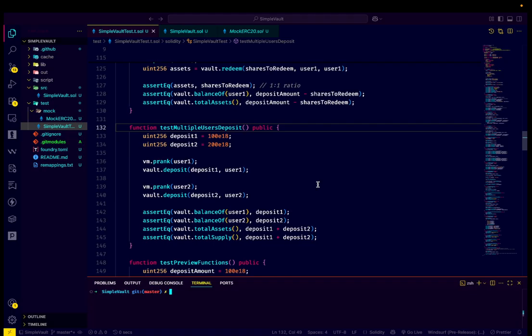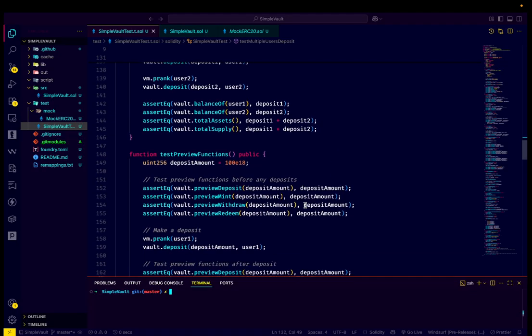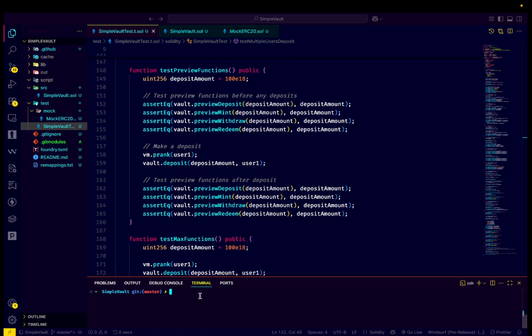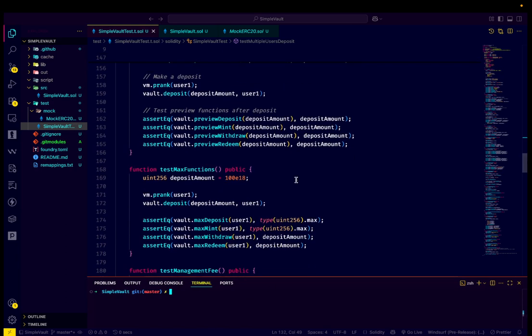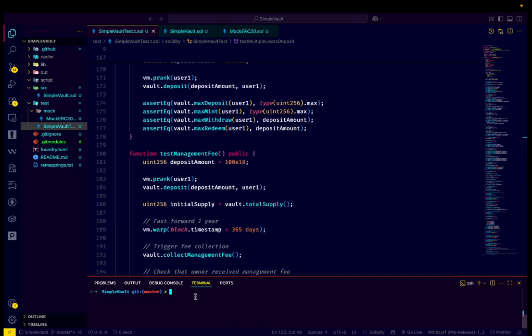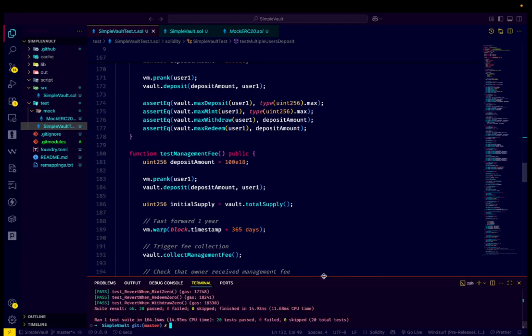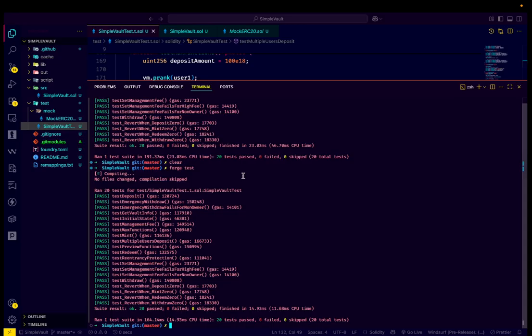I wrote a lot of tests here to test our smart contract, and I'm going to give you this source code, so don't worry. So let's run this forge test, and you can see here all 20 tests have passed,